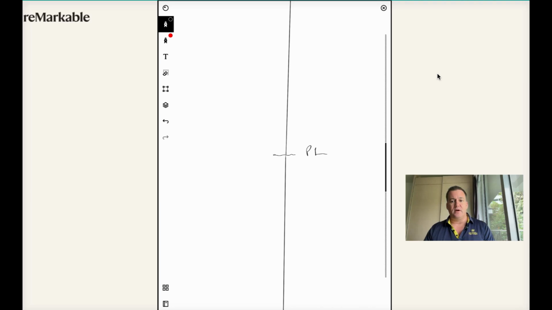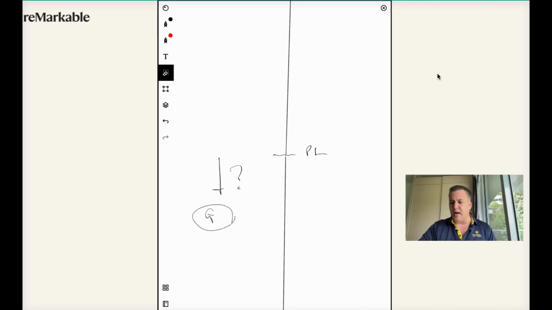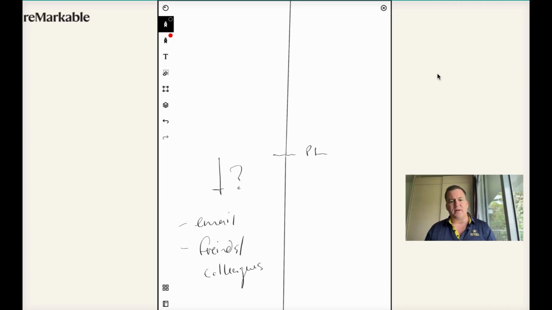So, somebody tells me about that first thought. Well, what happened then? When did you start noticing courses, or when did you start noticing products and services? What was that search process? And you'll see things here. So passive looking starts usually with, maybe I started reading emails. I might have heard from friends or colleagues. So things like that, where I'm suddenly hearing about stuff and I'm aware of it,